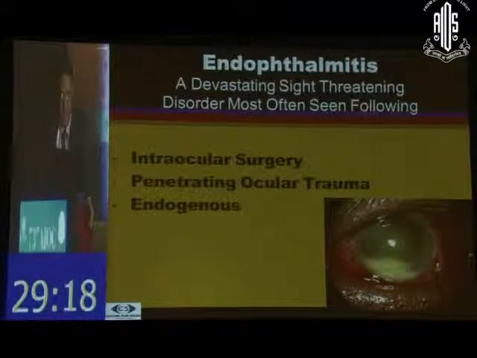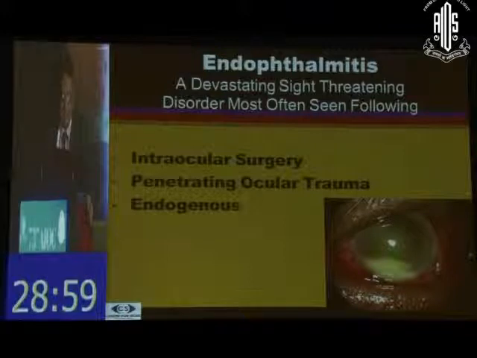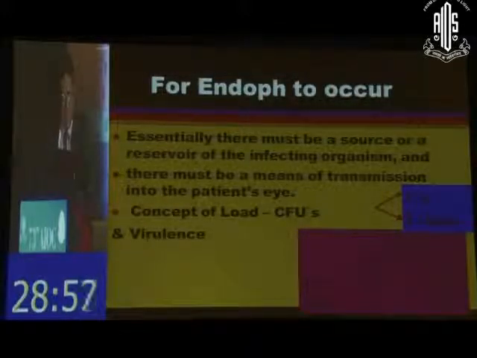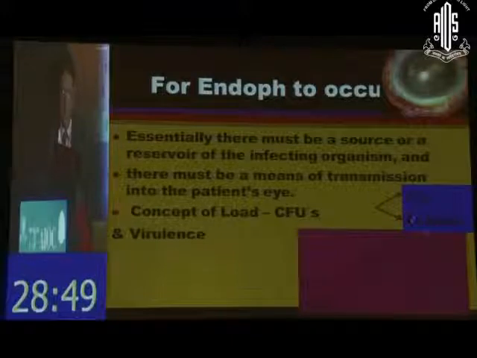Endophthalmitis, as the name says, is a disastrous kind of complication. It could happen whenever there is a cut in the outer coats of the eye, that means after surgery or even injection, or when there is a trauma, or it could happen without that, that is endogenous endophthalmitis. And as I said, for post-operative or post-traumatic endophthalmitis, what you require is two C's. One is a cut, the other is colonies.